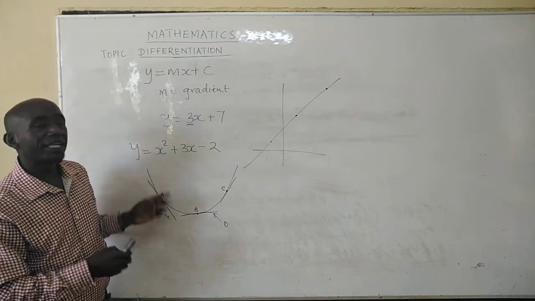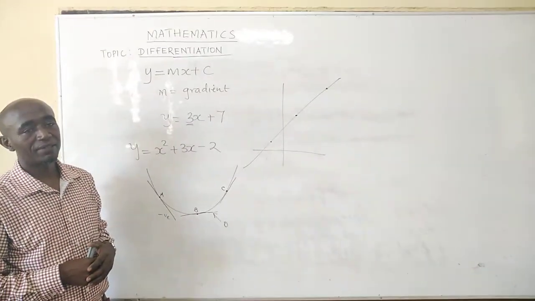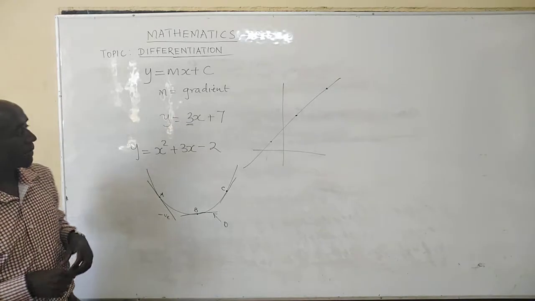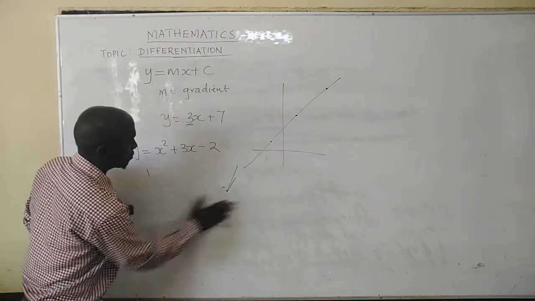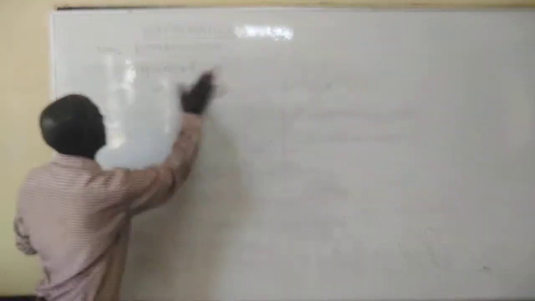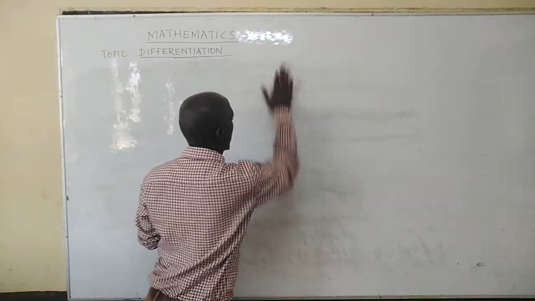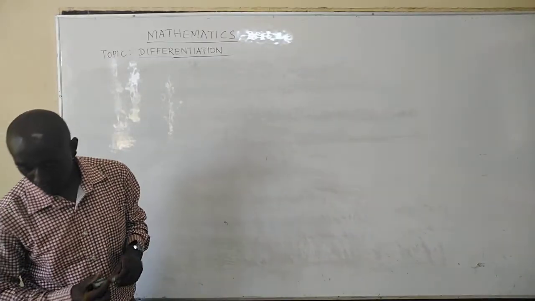So how can we get gradient of a curve? That is what basically we are going to learn in this topic. For a curve, let us consider a curve in this format. y is equal to x power n. n can be 2, can be 3, can be 4. So if you are given a curve with that kind of an equation, then gradient of the curve,